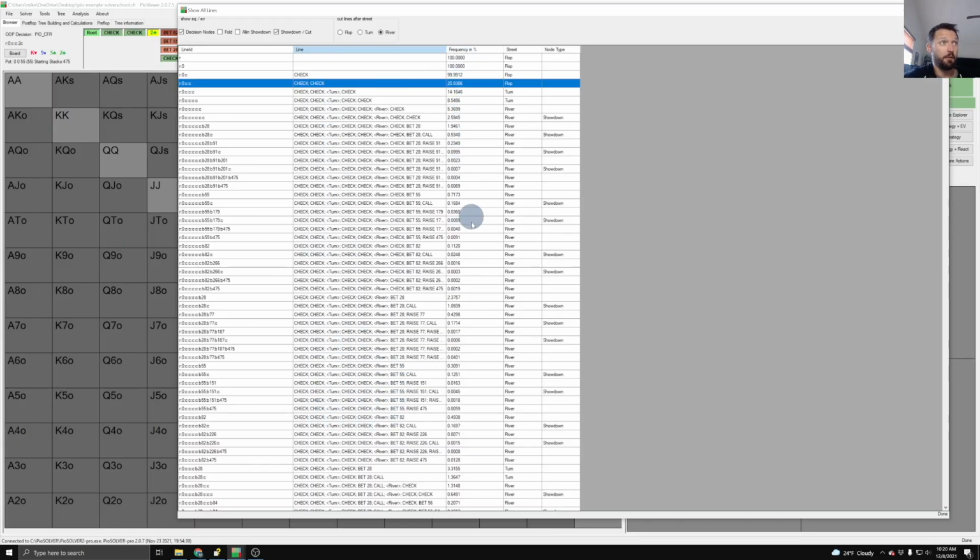The frequency of how often that line actually occurs. So we always make it to the root node. In this case here, the out of position player is checking virtually all the time. So the in position player is going to face a check at equilibrium almost 100% of the time. But things kind of tail off quickly after that, and I'll actually sort by